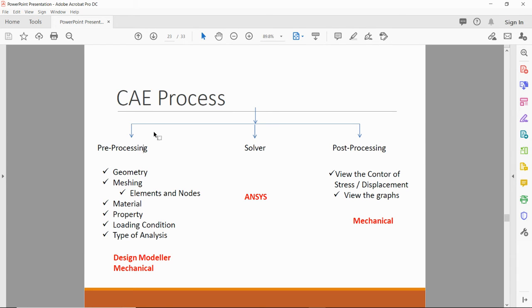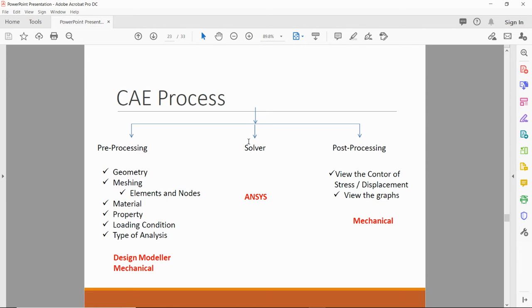In pre-processing, we use the design modeler and mechanical windows. In the design modeler, we import or create the geometry. Then in mechanical, we mesh the components, assign the materials, give the properties, and the loading conditions and type of analysis are also done in mechanical.